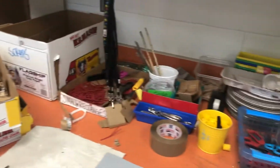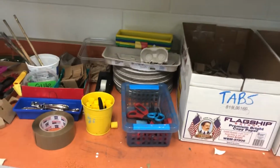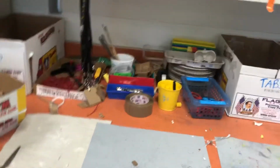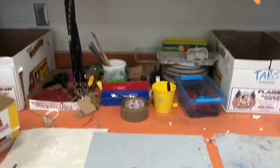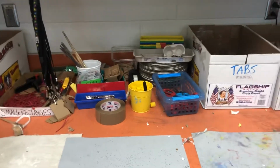So you've got different boxes here, and we want to make sure that this station stays organized so that others can come to the station and get inspired by the way it looks. If it looks like a big pile of cardboard with tape all tangled into it and art supplies in different places all scattered around the station, people aren't going to feel inspired to come and use it. So we want to make sure we take care of it, and the best way to do that is to